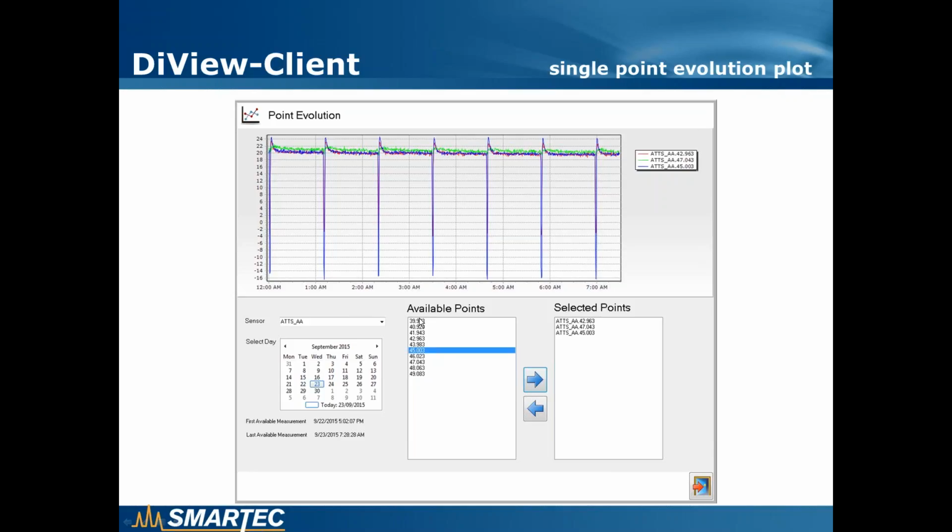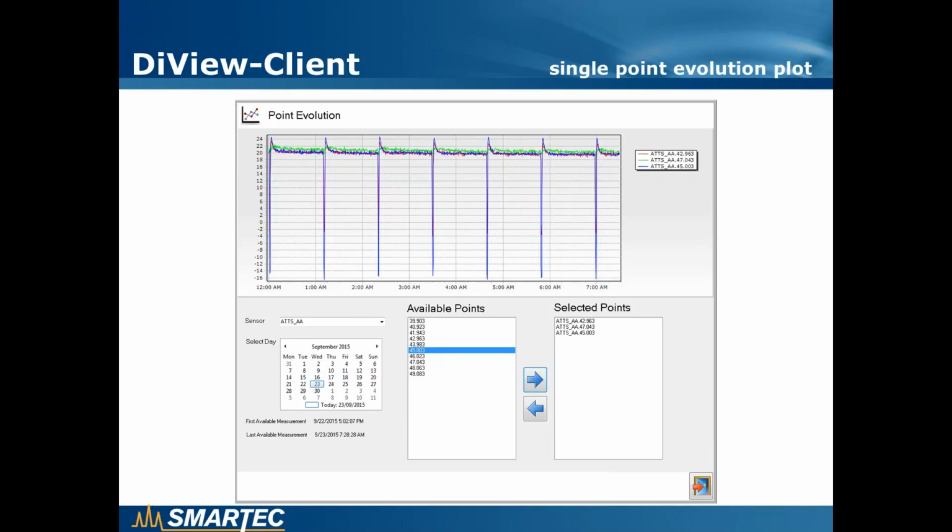So there is the list of measurement points that are the components of the sensor. Whenever you select your available point, you have the possibility to see the history of the measurement point